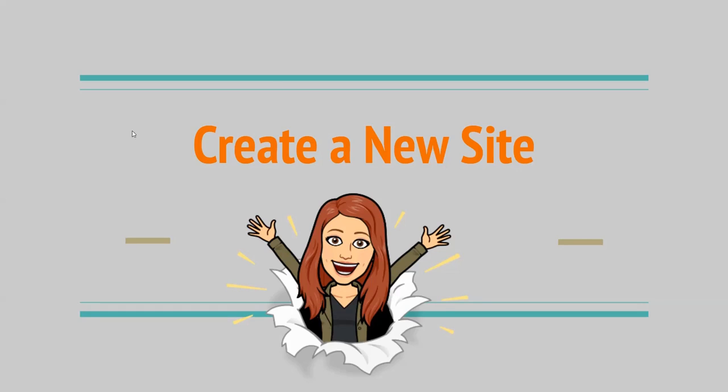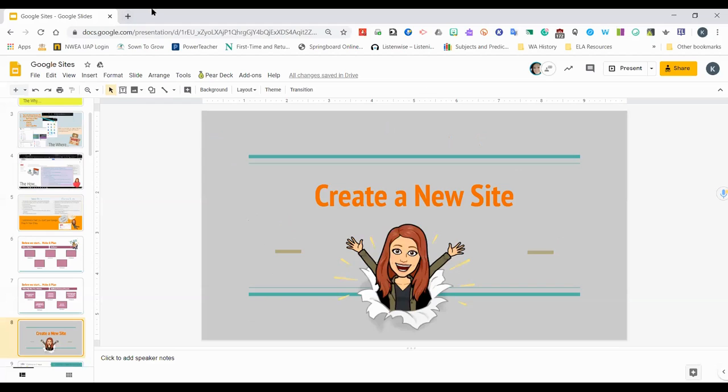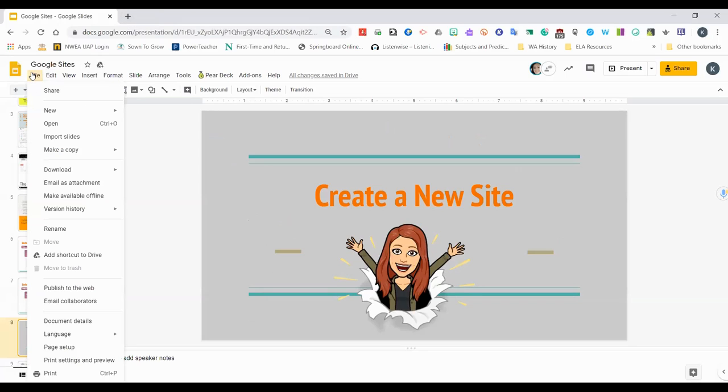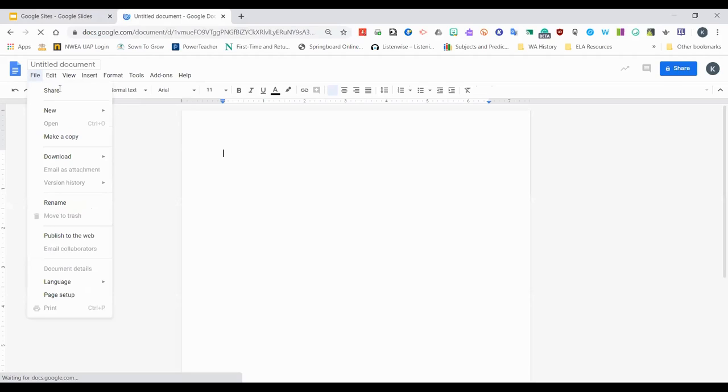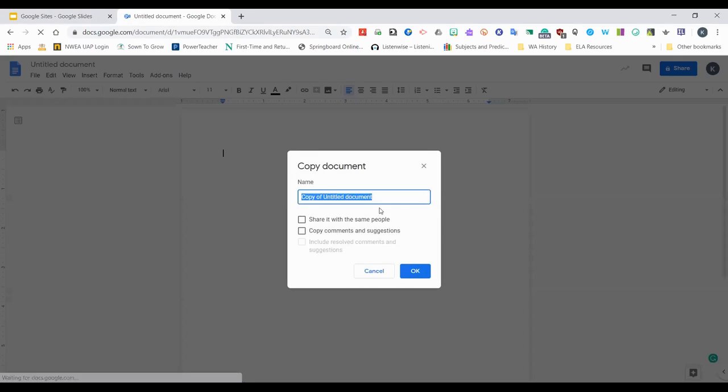And so for future reference, any Google slide doc, form, or sheets that you want a copy of so that you can edit it on your own or make it your own, you can go to File. And under File, you'll see Make a Copy. And since this is a slide, you could do the entire presentation or just the slide itself. There you go. File. So you always have that opportunity,